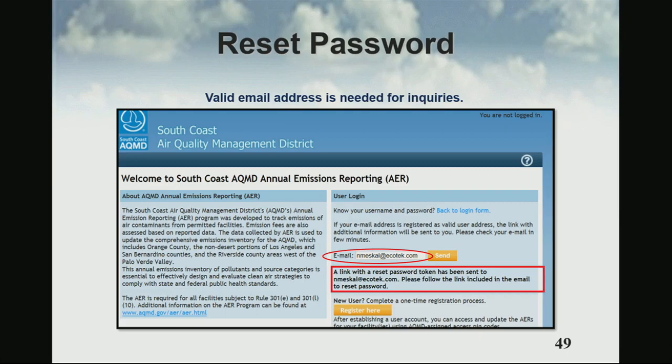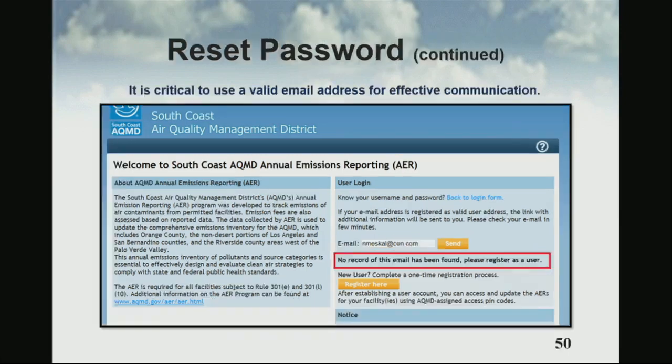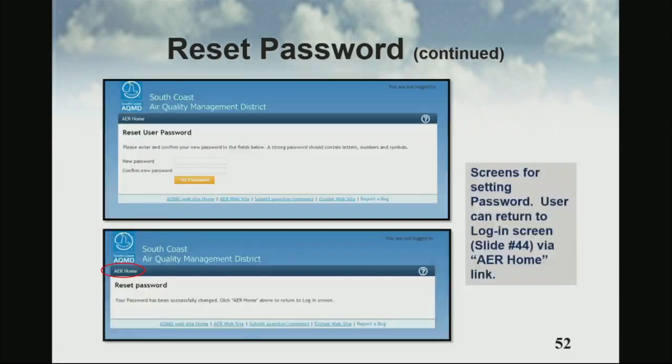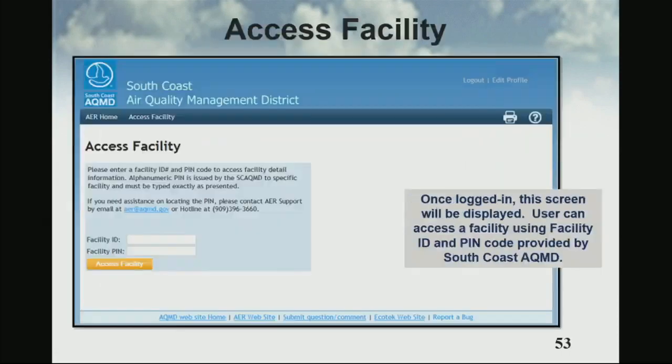The tool is going to send you a link. If it doesn't recognize your email address, it's going to give you an error message in the red box that no record was found. Similar to your email account, when you press reset, you get a link via email. You click on it, and it prompts you to a page where you change your password.